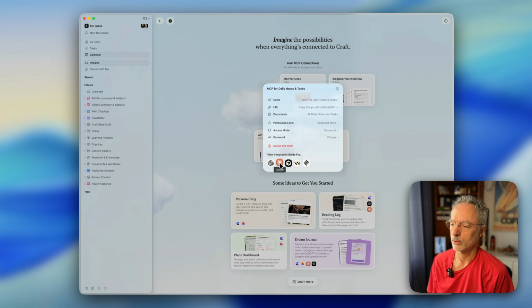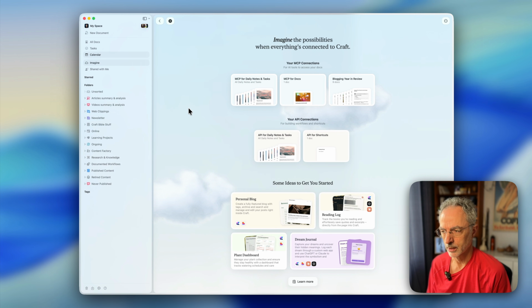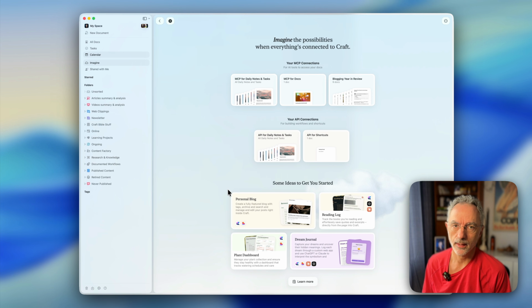That's why I decided to use Claude for this, and frankly, it's very similar to ChatGPT. So that's the configuration portion you do in Craft. I'll show you later how you configure the connection in Claude, but I'll switch to a different use case for that. When I was testing this MCP connection against my daily notes, I decided to take a step back and